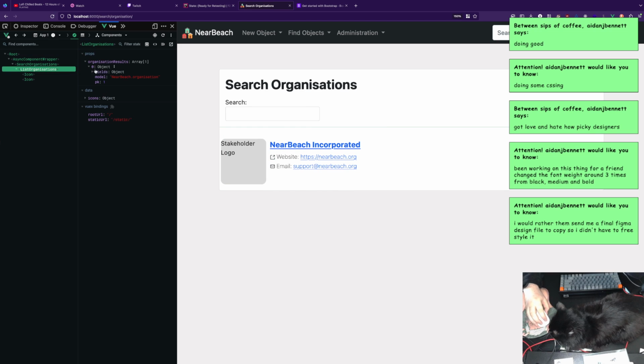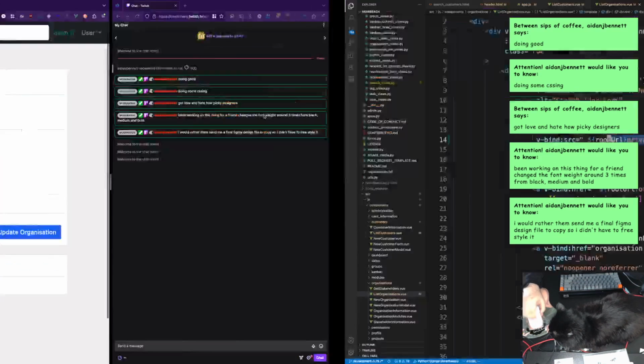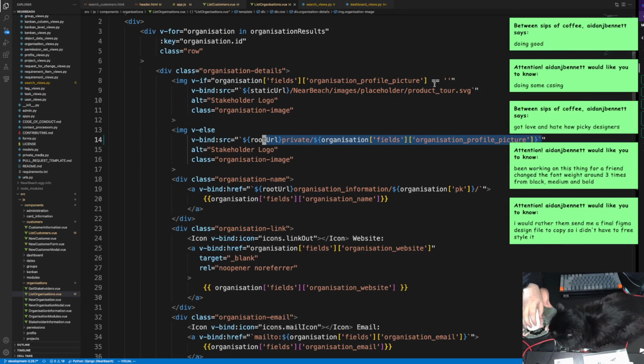So, object array, fields, organization. Oh, if equals. Or